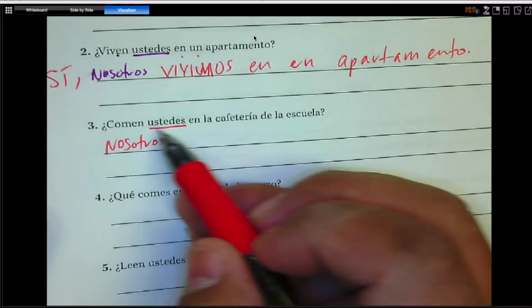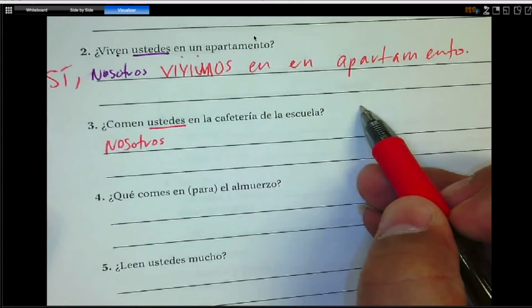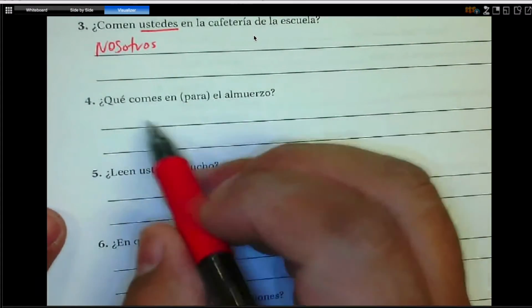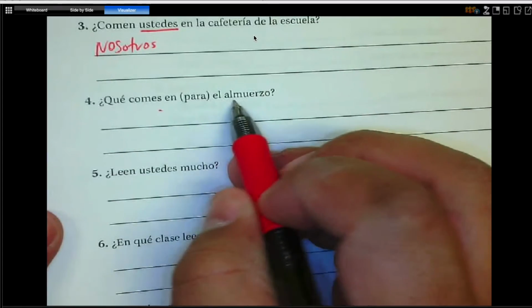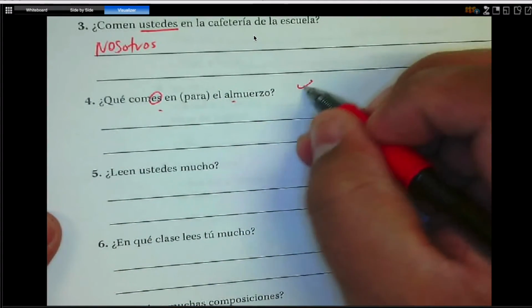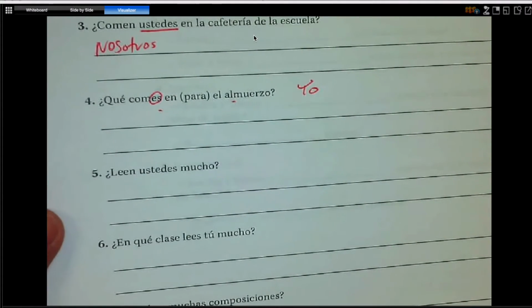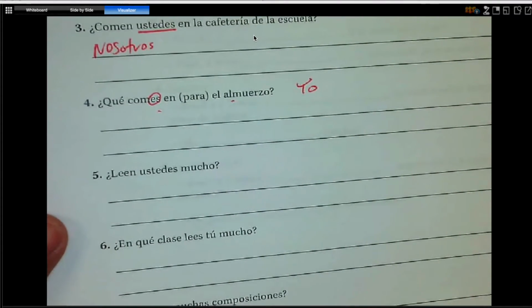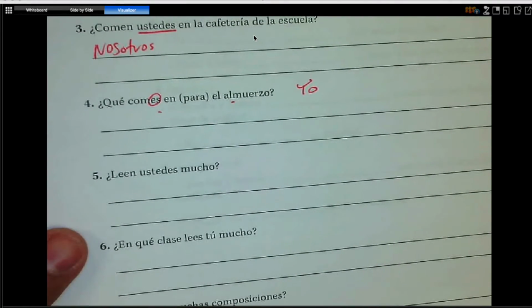Okay? So do y'all eat in the cafeteria? Pay attention to that question. Number 4. What do you eat for lunch? What do you eat? So I'm asking you. So when you answer, you should say yo. Okay, so what do you eat? So if I was answering, I would say yo como una hamburguesa, papas fritas, una Coca-Cola, whatever I want to